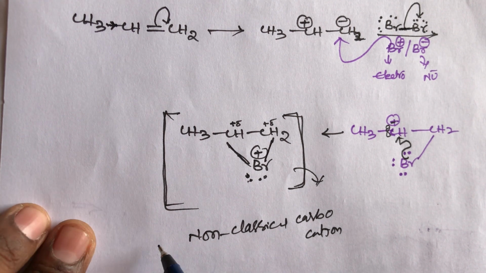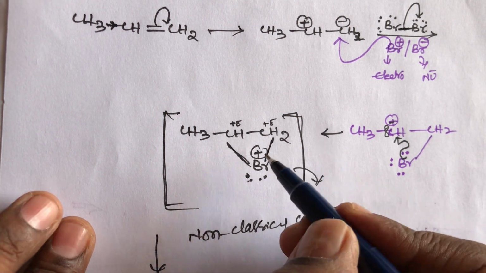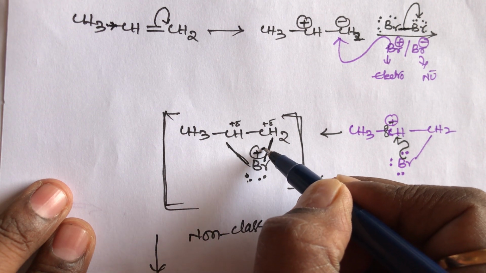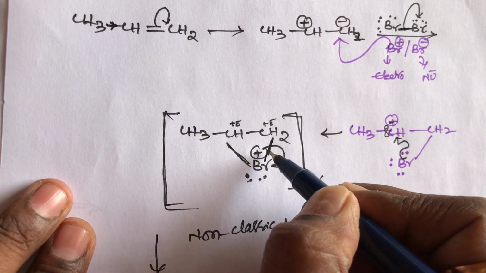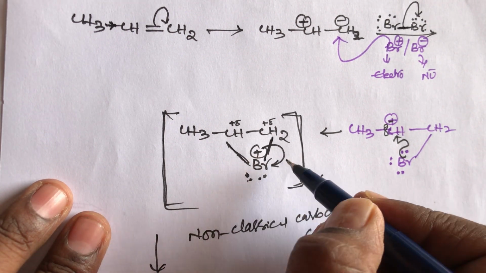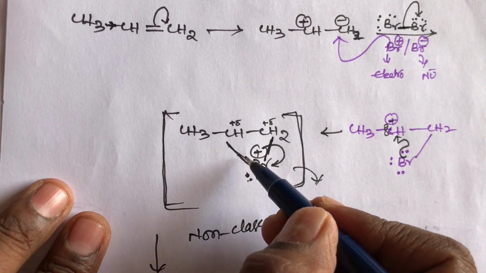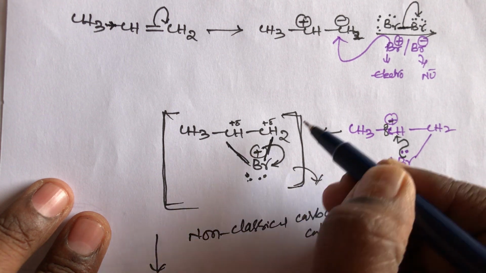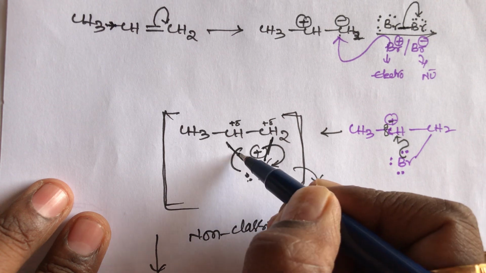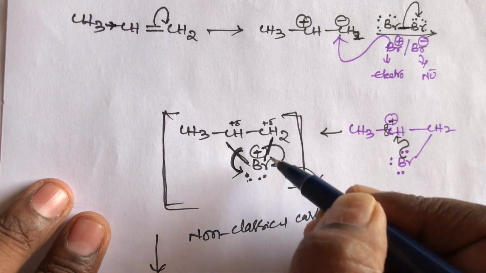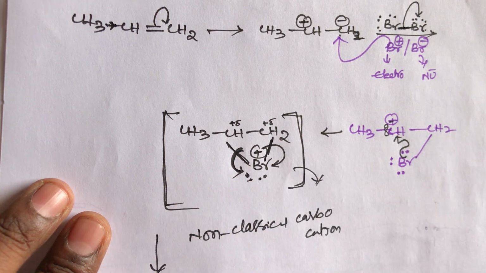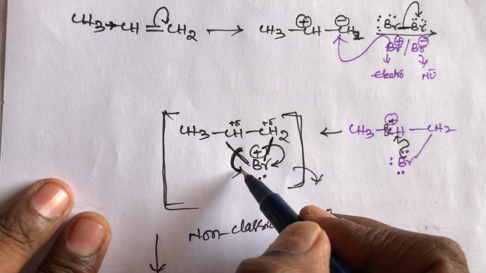And after that, student, these bromine electrons return back. Which electrons return, the left side bond or the right side bond? The bromide will attack here, so it is the left side bond only. You remember, student, two sides are possible, two bonds are there. Which bond is more favorable? It is only the left side bond. Why?